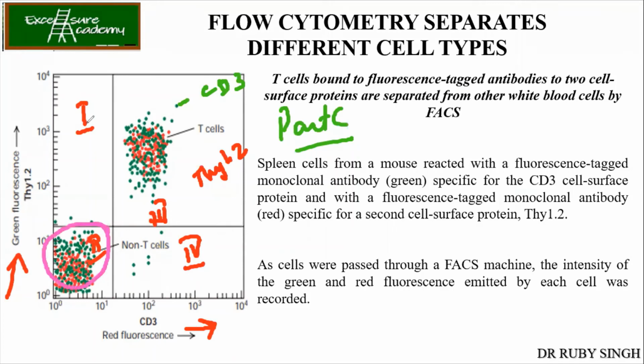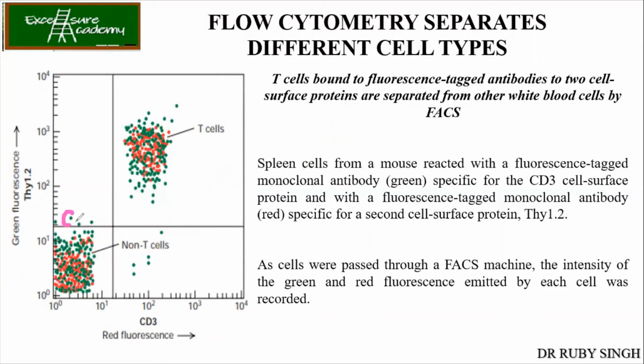So you see that in the first quadrant, only green fluorescent cells are very few. Can you see it over here? Only 4 cells you have seen having the green fluorescence. It means only the 4 cells were having the Thy 1.2 tagged protein. Now, whereas in this quadrant, let us say this is the second quadrant, you see that there are many cells which are having both green and red fluorescence, but the magnitude is how much?